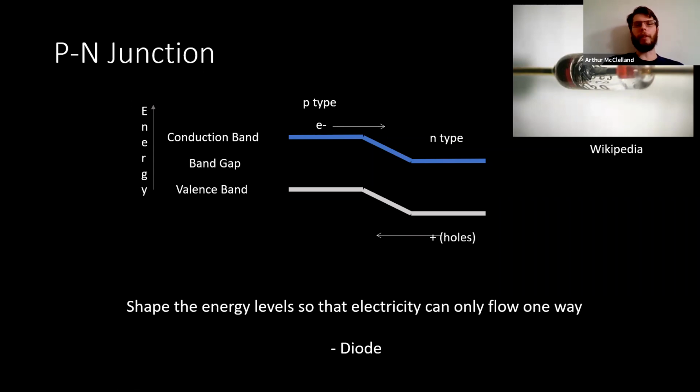Now the electrons and the holes are much better behaved than my kids. My kids love running up the slide at the playground, no matter how many times you tell them not to. The electrons will only go down the slide, the holes will only go up the slide. So now we have a one-way switch. The electricity will only flow the way we want, and this is called a diode.